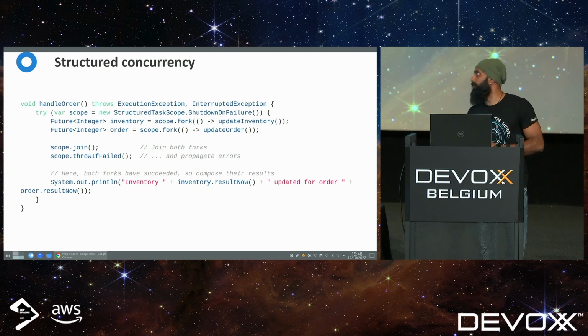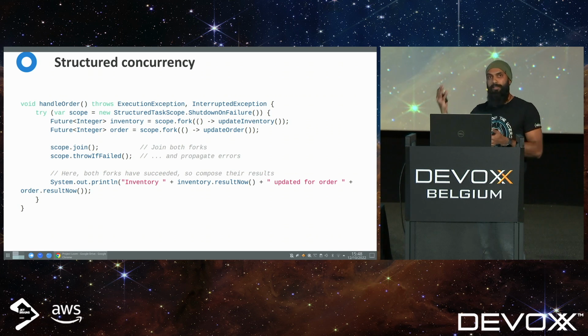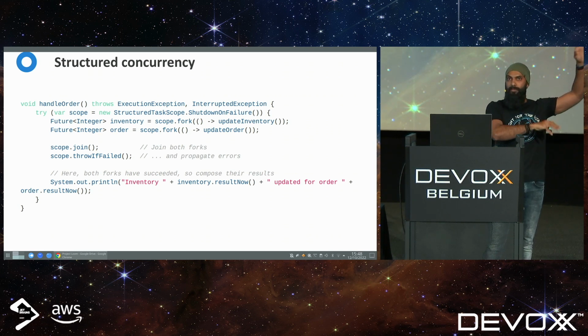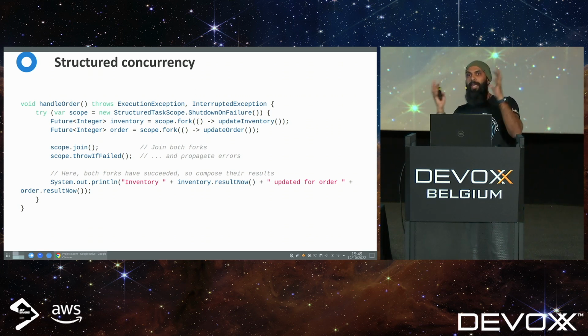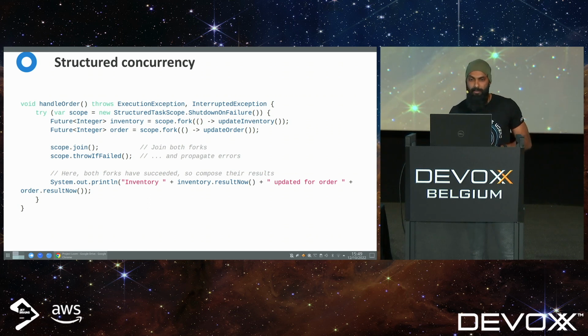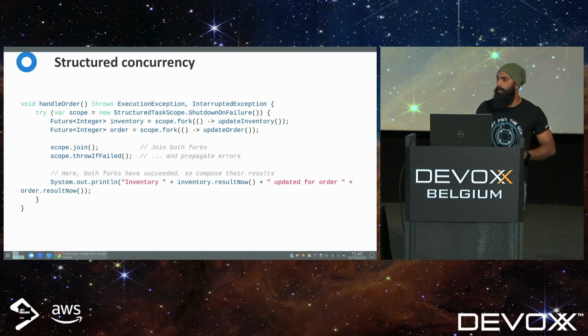So this is where structured concurrency comes in, and this is what structured concurrency is trying to improve. Of course, structured concurrency is not going to magically remove all the problems that we have in that kind of implementation, but it is going to help. It is going to make the problems smaller, and it is going to make it easy for you to handle the other cases.